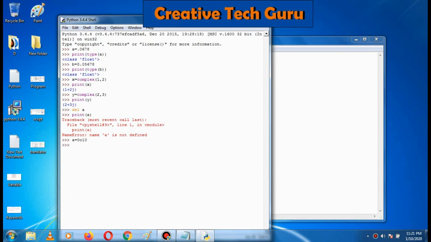Now see, it is an octal number. Now if I print the value of a, it will give the binary value. If we give any octal value and print it, automatically Python will show you that value. The same way you can do it for hexadecimal also.